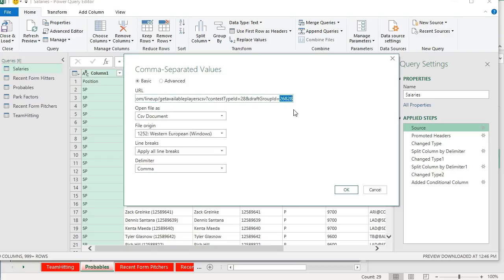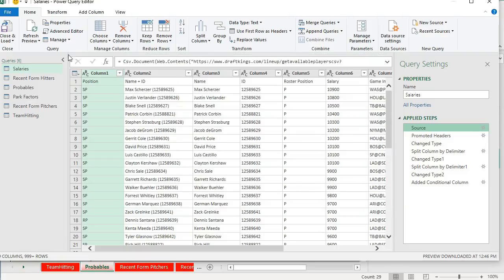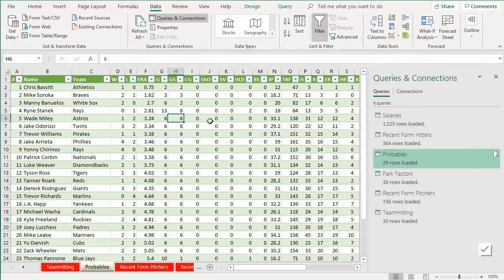I don't know if it's going to be 26828 tomorrow, or if it's going to be 26829 or something like that. But for whatever night, all day, main, like whatever slate you want to play, you'll just plug that in there and click OK. And then really all you'll do is you'll close and load this. And then there's a big button up here that says refresh all. So when you refresh all of this, you'll see loading data, loading data, loading data. It's going out to all of the sources that we brought in, and it's grabbing all that data